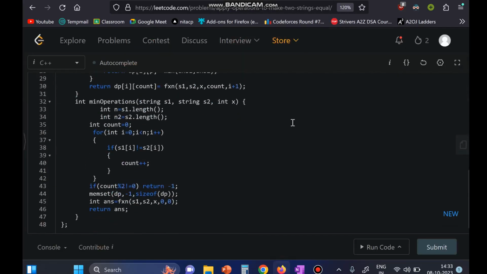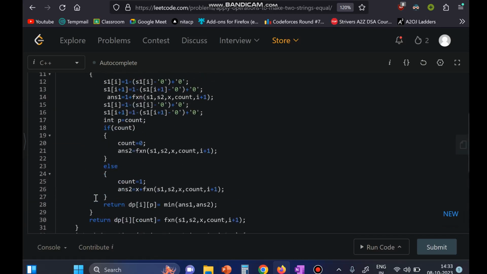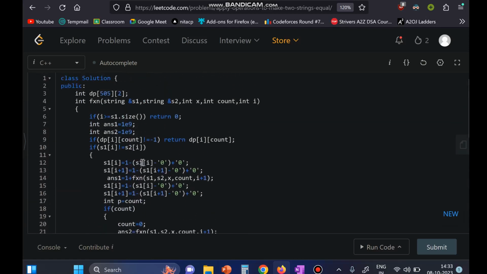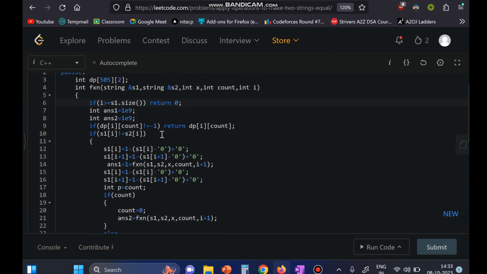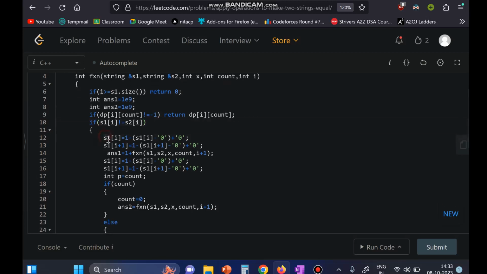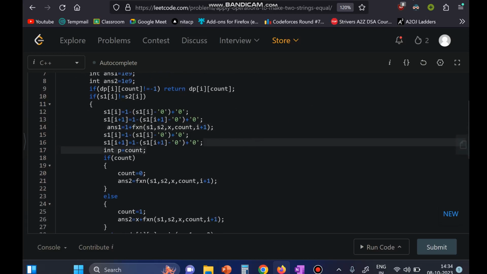So this is the code for the solution. First I'm finding the count of the positions, the total number of positions where we need to change. If this is odd, then we can simply return -1. If this is not odd, then what I'm doing is, if the values of both the positions are not equal, then either we are applying the first operation, where we change two consecutive positions, at I and I+1, flipping both the values and then finding the result for the rest of the string, or